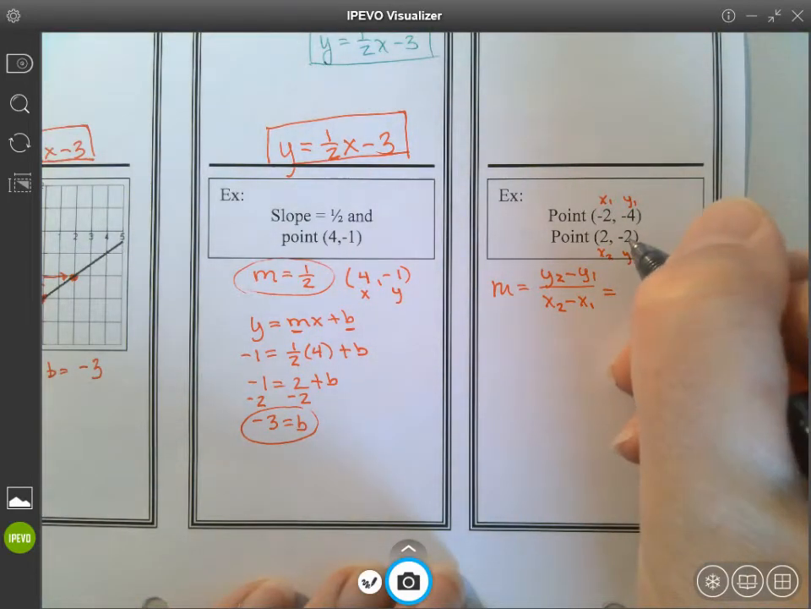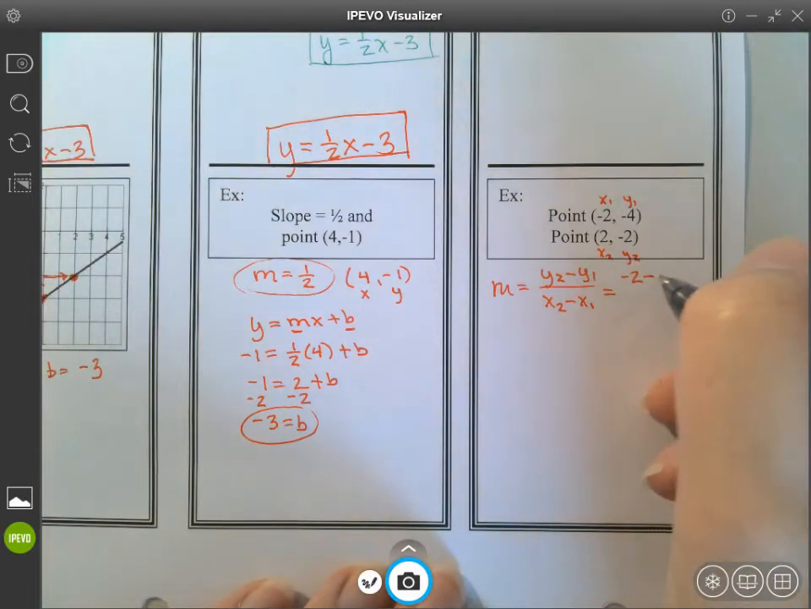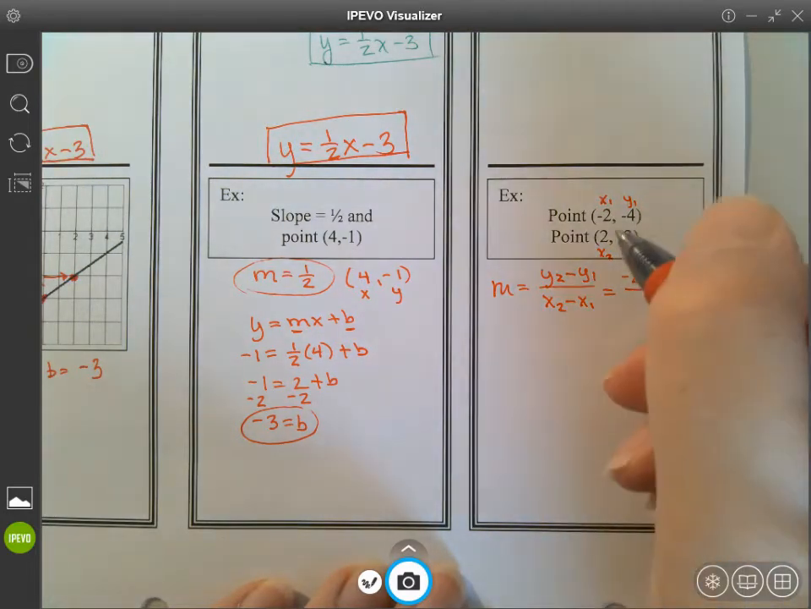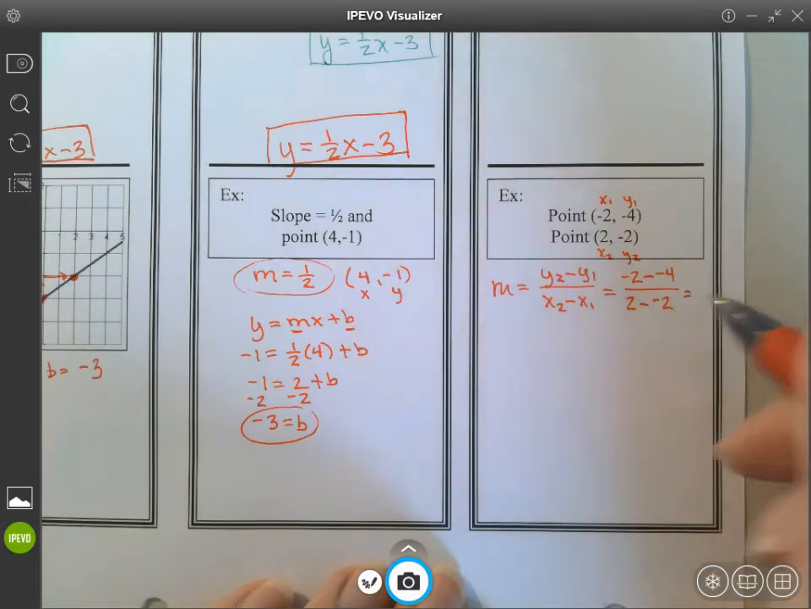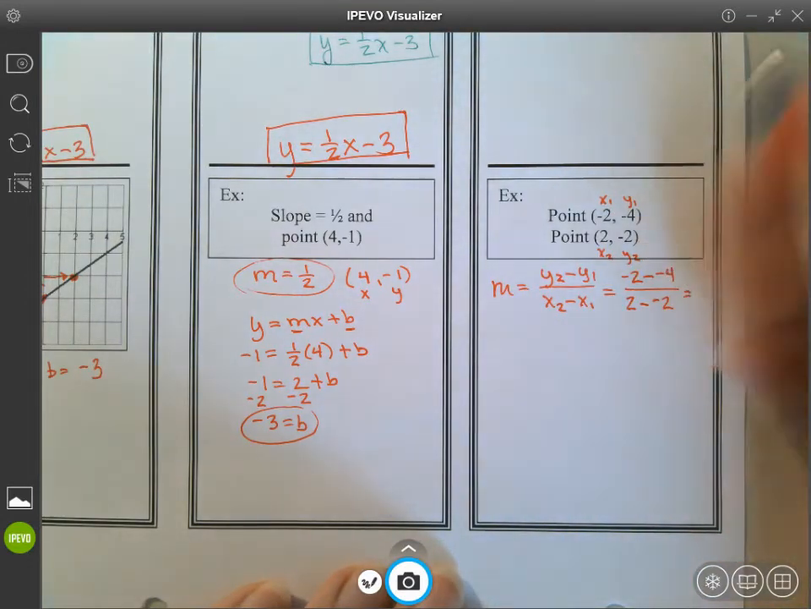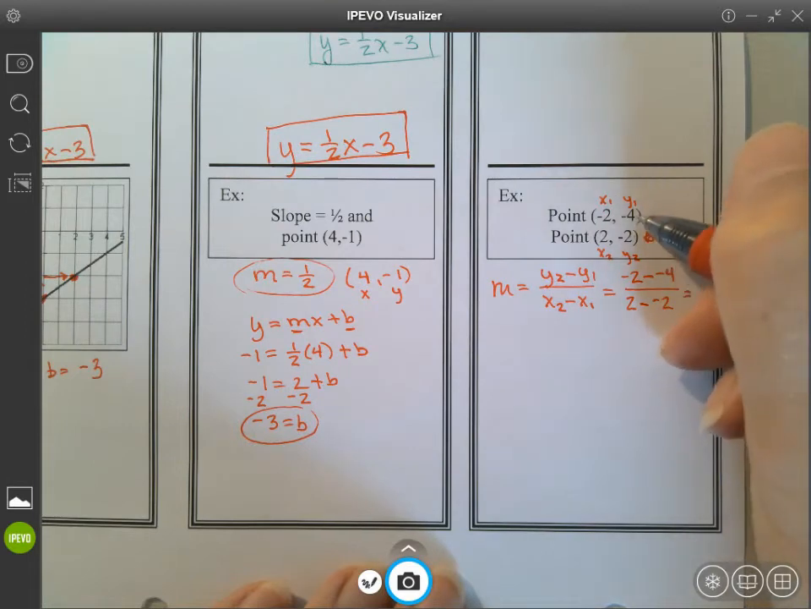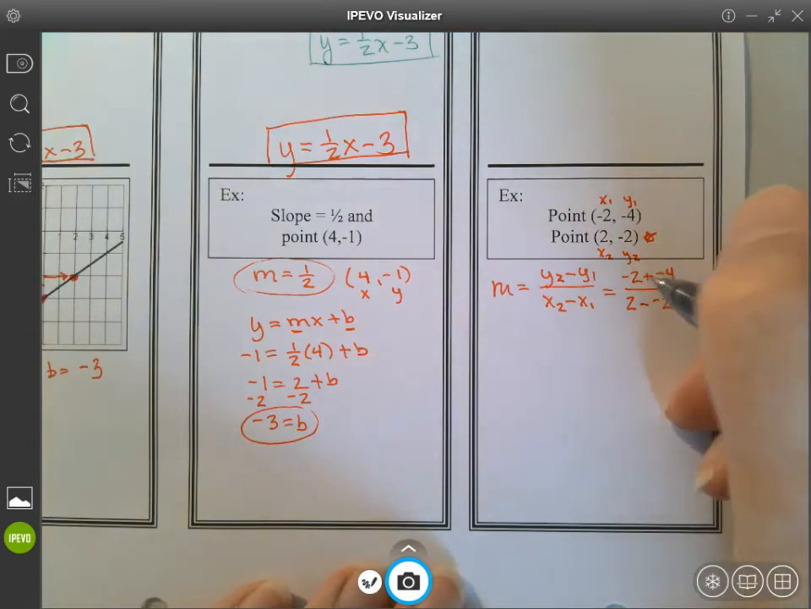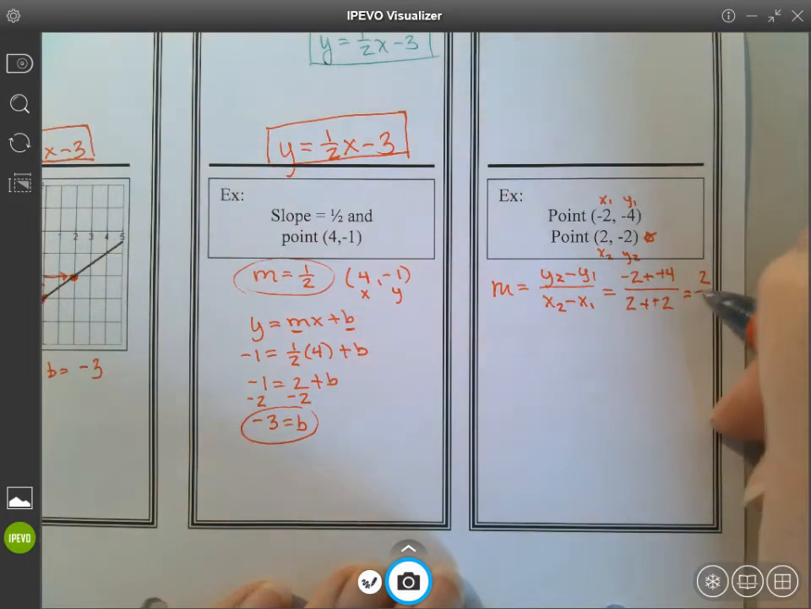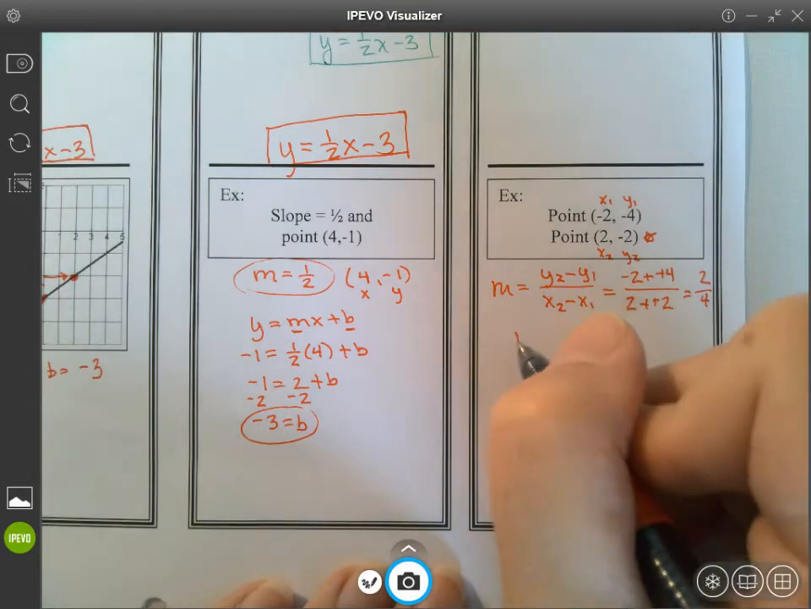I'm going to take my y, -2 minus a -4. So y's over x's, watch your negative signs. And I'm going to take my 2 minus a -2. And again, the order doesn't matter as long as you're consistent. I started with -2 minus -4, x minus x. Okay, these negatives are going to cancel and leave me 2. These are going to cancel and leave me 4. So my final slope is